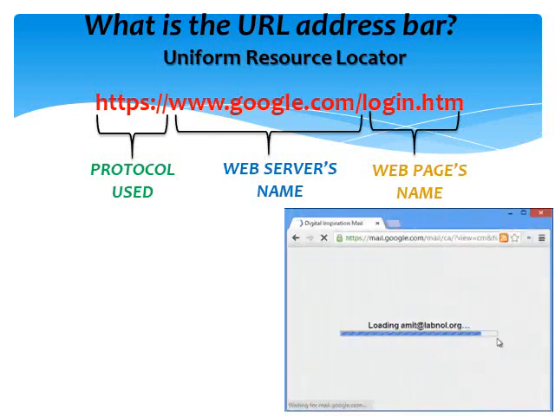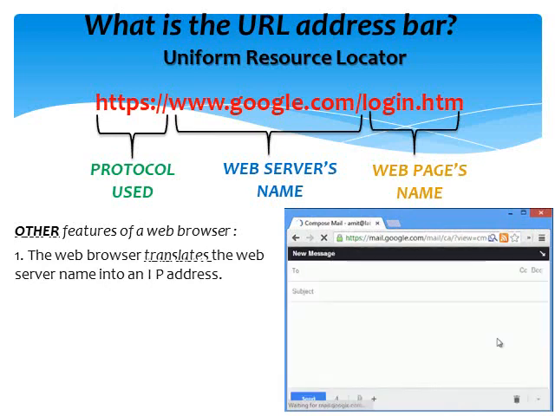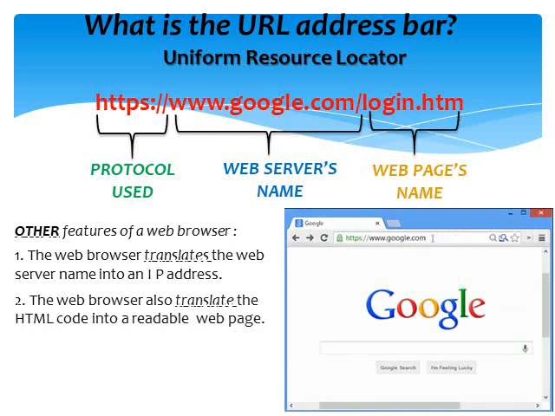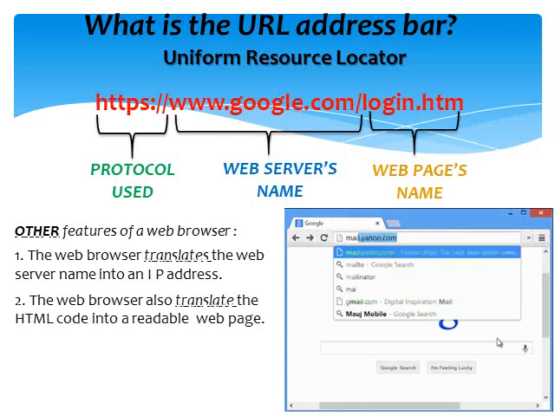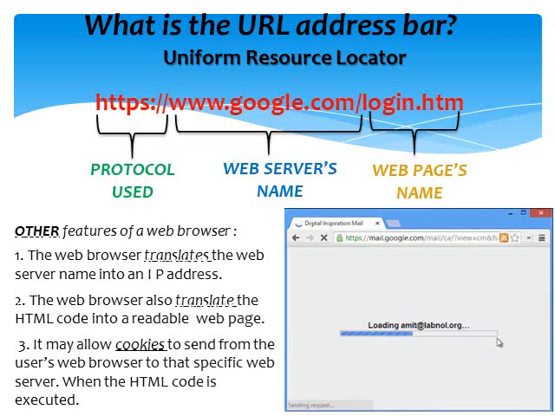Again, other features of a web browser are: 1. The web browser translates the web server name into an IP address. And also 2. The web browser translates the HTML code into a readable and informative web page. And 3. The web browser may allow cookies to be sent from the user's web browser to that specific web server. When the HTML code is executed,